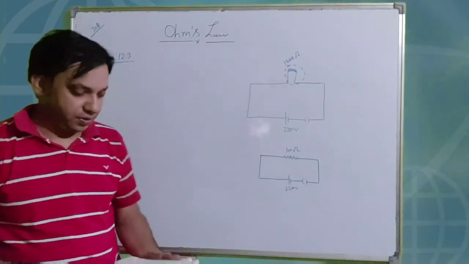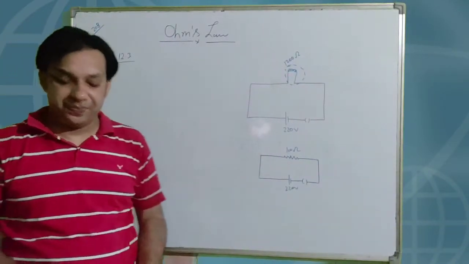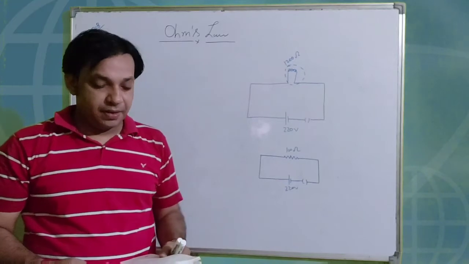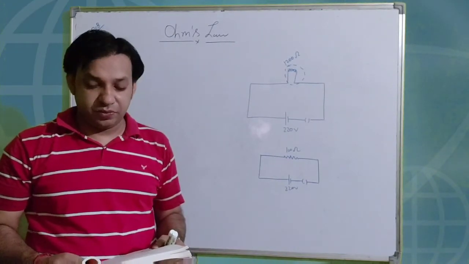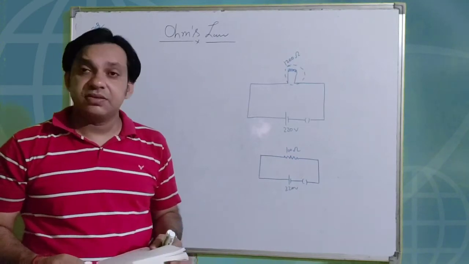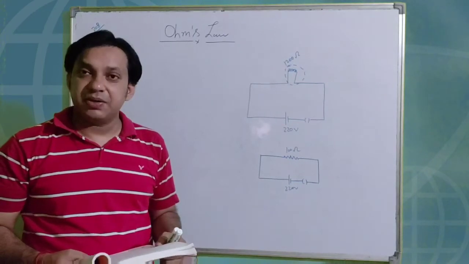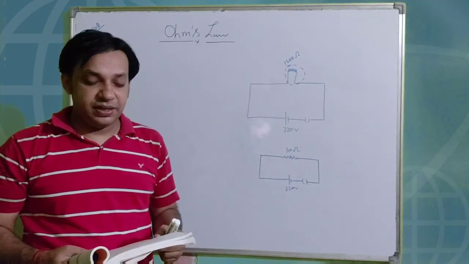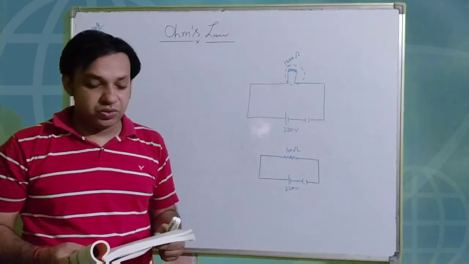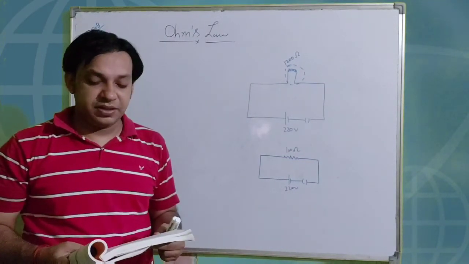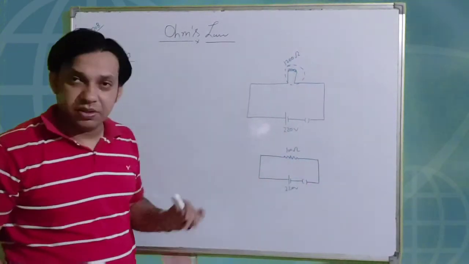So just see the question. This is example number 12.3 on page number 208. See the question. How much current will an electric bulb draw from a 220 volt source if the resistance of the bulb filament is 1200 ohm? And the B part is also given. How much current will an electric heater coil draw from a 220 volt source if the resistance of the heater coil is 100 ohm? Already I have plotted the diagram of both the parts.